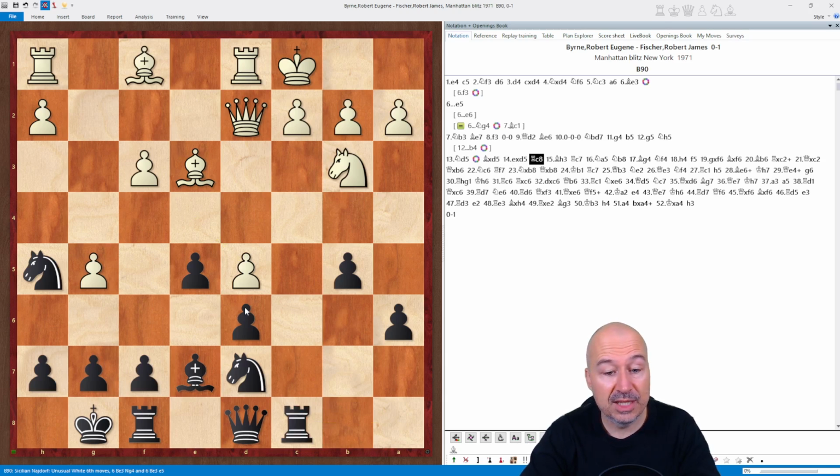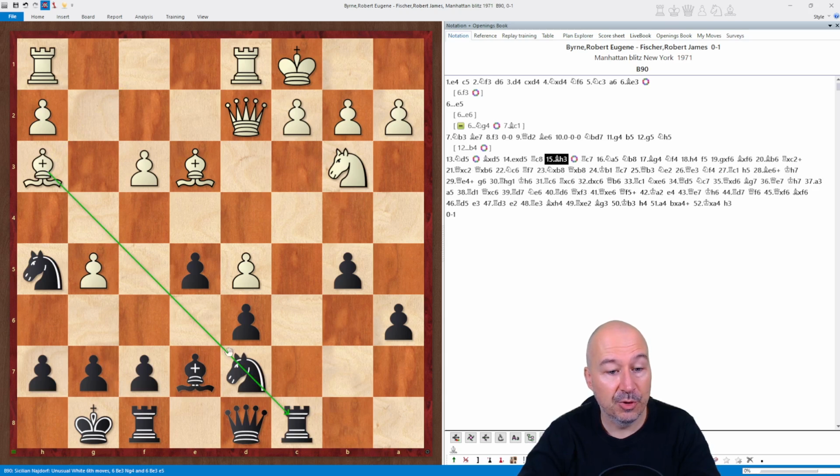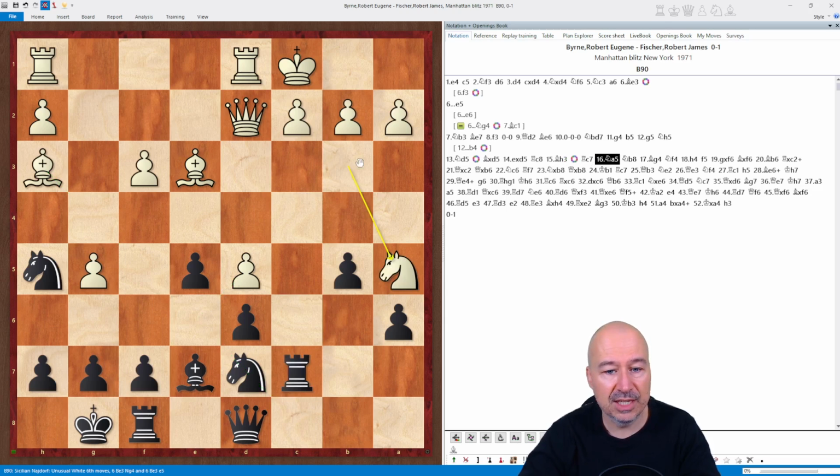Fischer played the automatic move rook c8. But after bishop h3, a very strong move, pinpointing the problems in black's position, which are the weak light squares, c6 in particular. And this is as a result of the exchange of the light squared bishop on d5 on the previous move. So after bishop h3, Fischer played rook c7 to avoid the pin, but after knight a5,